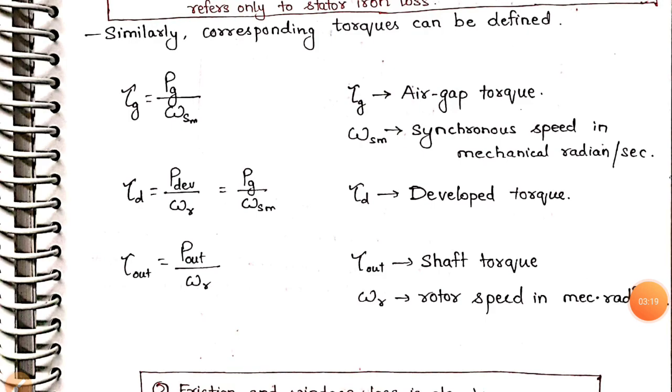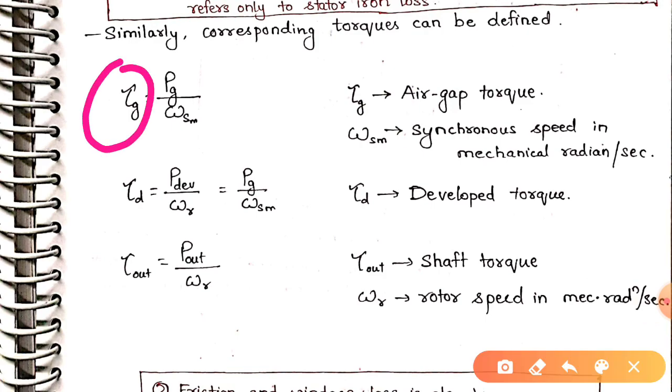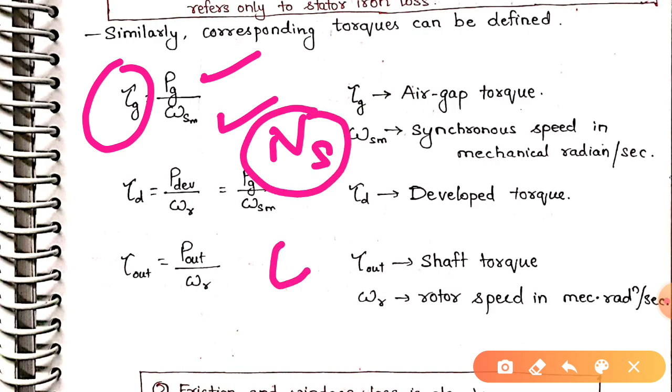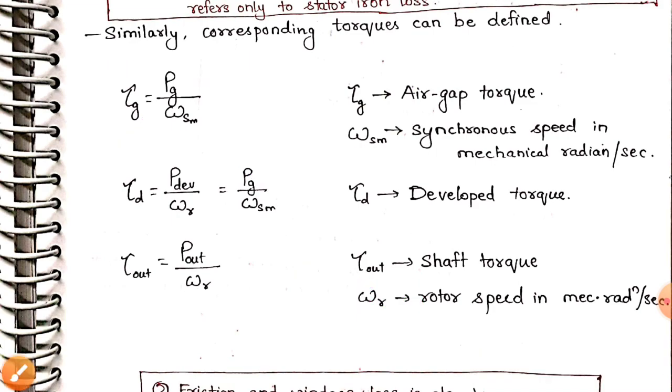Now similarly, we can find the torque also. As we have already discussed power, similarly we can also find the torque. So first is torque in the air gap or air gap torque. This is represented by tau g. It is equal to air gap power upon omega sm, because air gap power is transferred at synchronous speed, or in terms of angular velocity, it is transferred at omega sm. So air gap torque is equal to Pg upon omega sm,